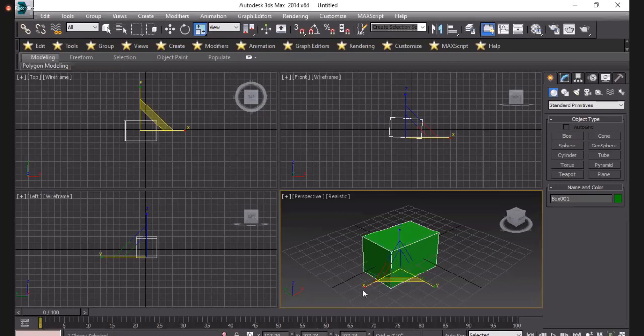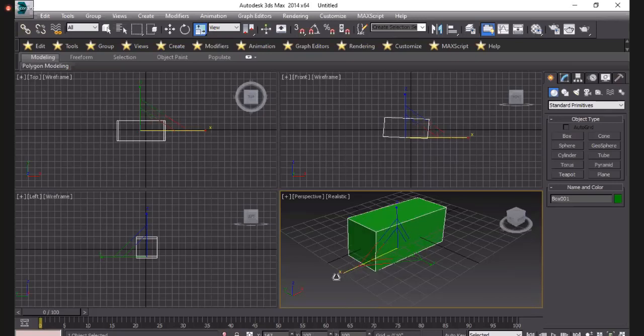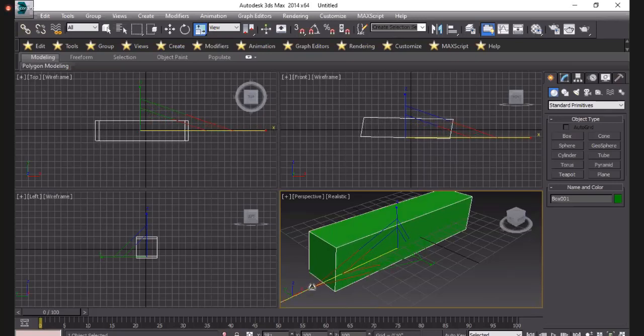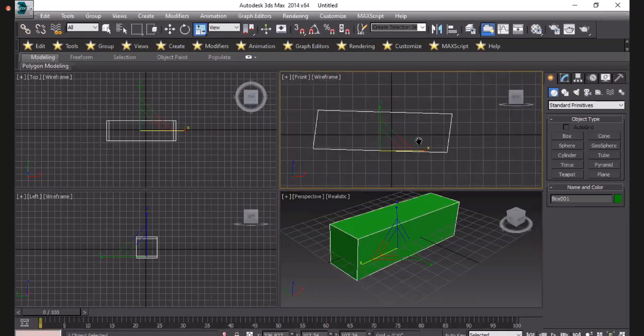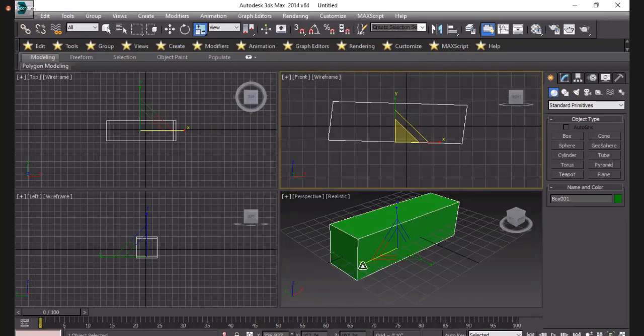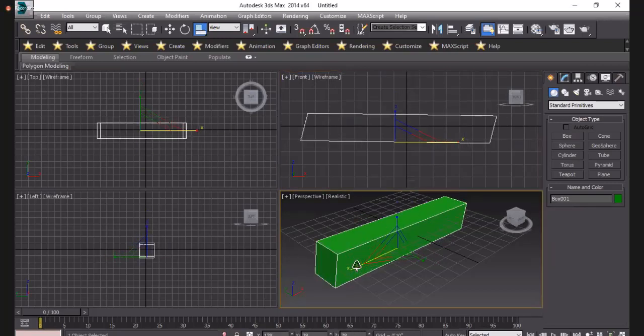So if you are seeing there, I will simply extend the x direction. If I extend the x direction, you will see at the front level this shape, the box, will be extended here, like that.